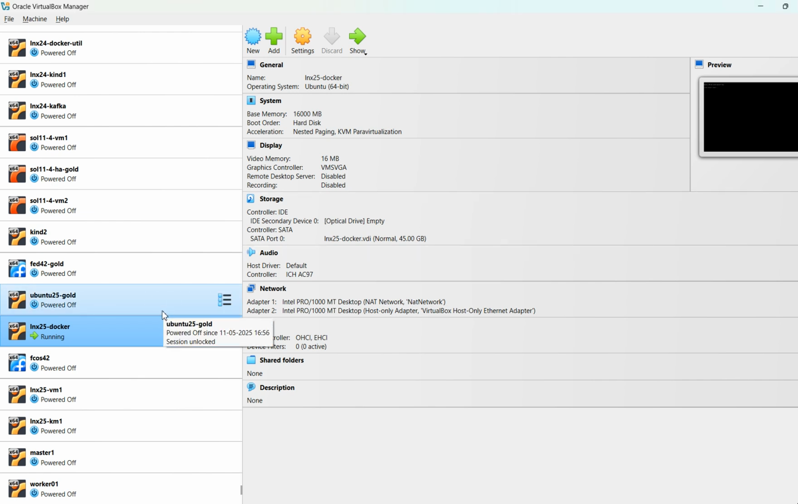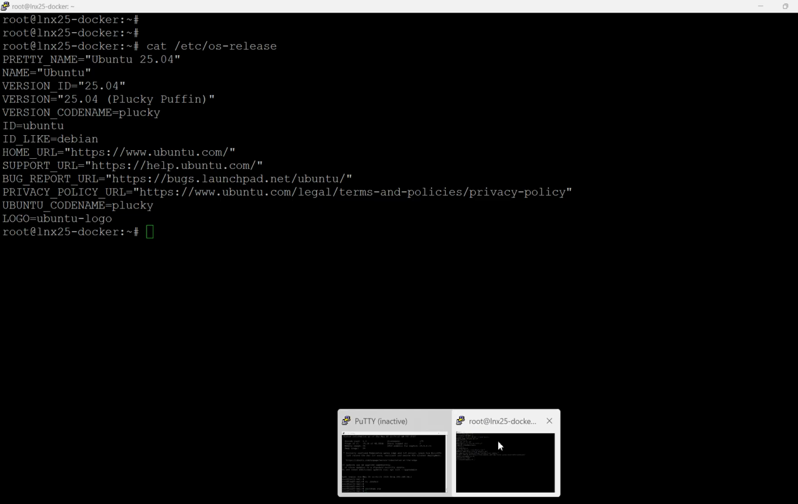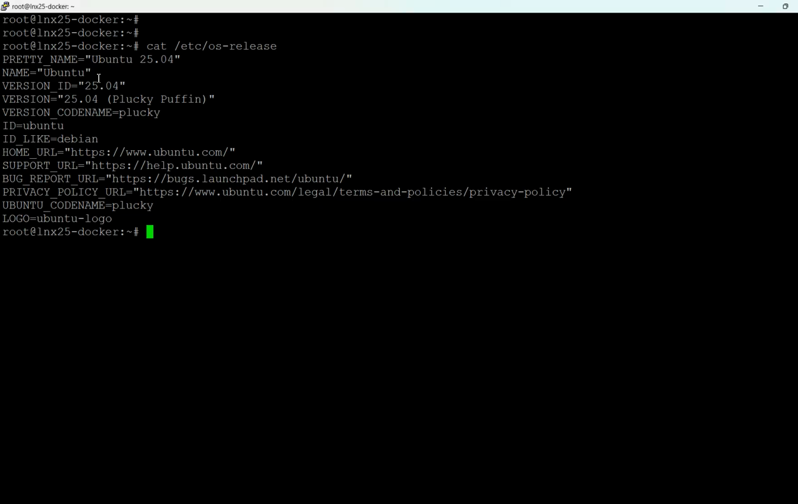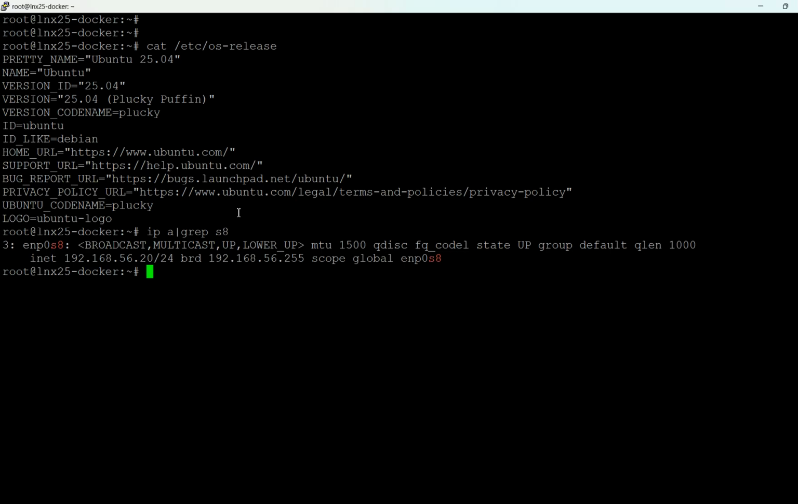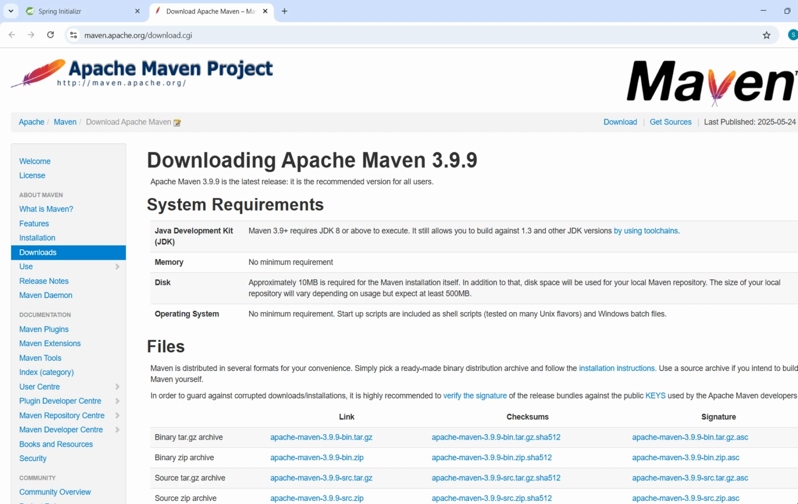I already started my machine on VirtualBox and I already logged into that machine. You can see my machine's Ubuntu version is 25 and my IP address is .20. I logged into that machine remotely. In this video we are going to focus on how to install Apache Maven and